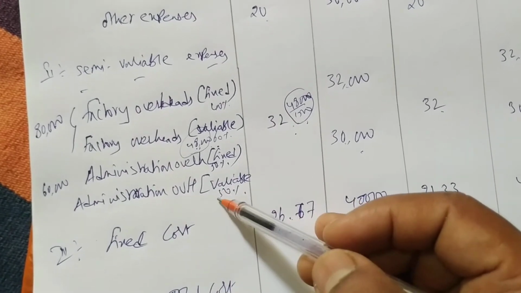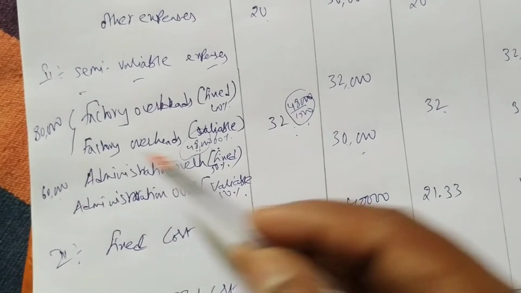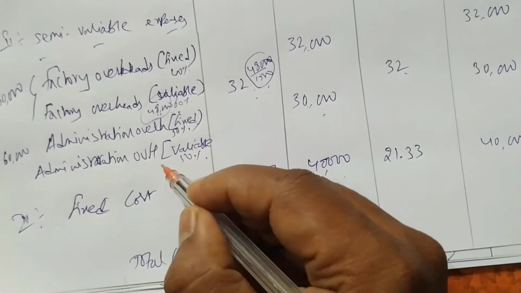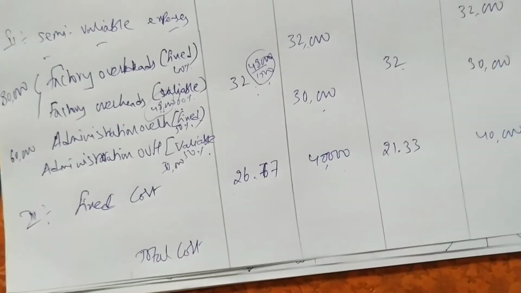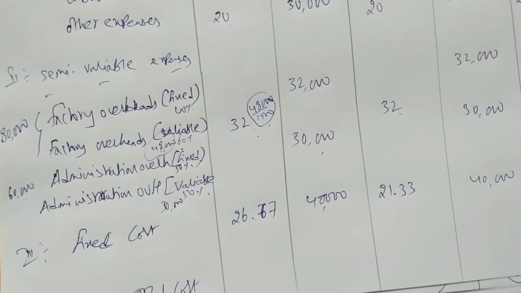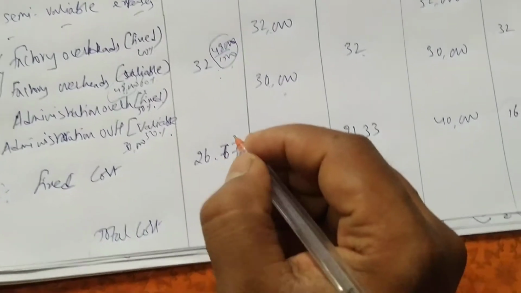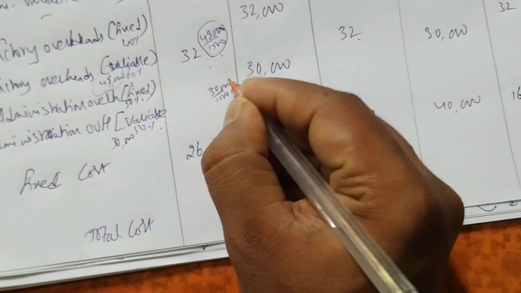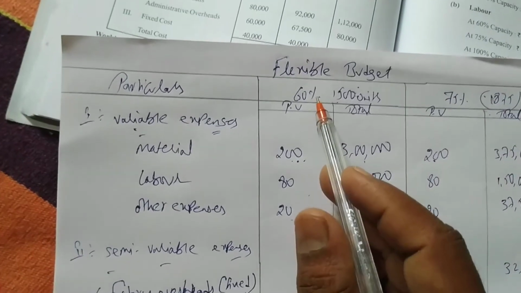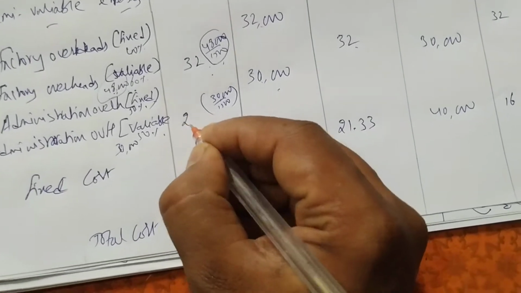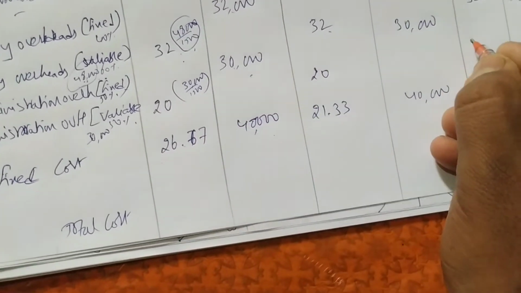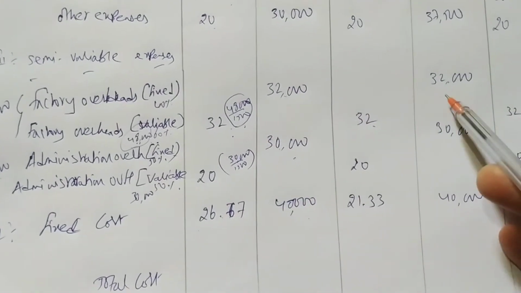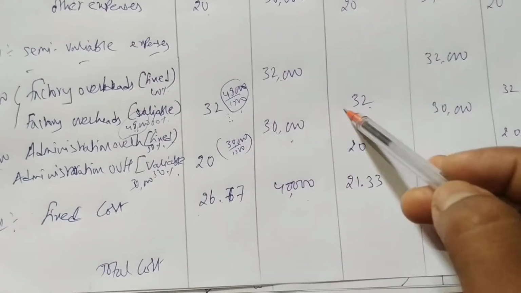Again we'll do with what? Variable administration overheads now. How much is total? 60,000. From 60,000, 50% is fixed, and 60,000 50% means how much? 30,000. 30,000 will be variable. Okay, so again 30,000 divided by 1500, so we'll get 20. So how do we get 20? 30,000 divided by 1500. The information is given in the question about 1500. Again you have to divide with 1500. So we got 20, 20 and 20. Got it? Easy, right? So fixed cost in total remains same, per unit variable cost remains same.